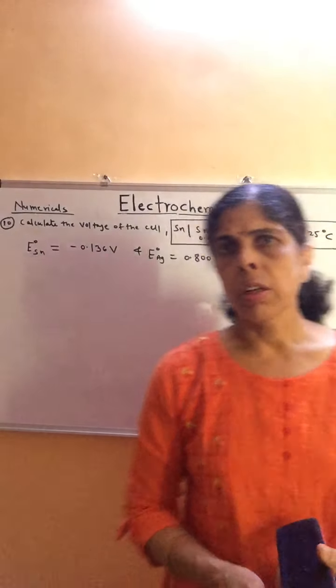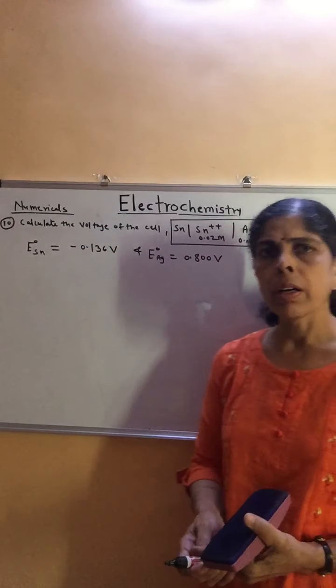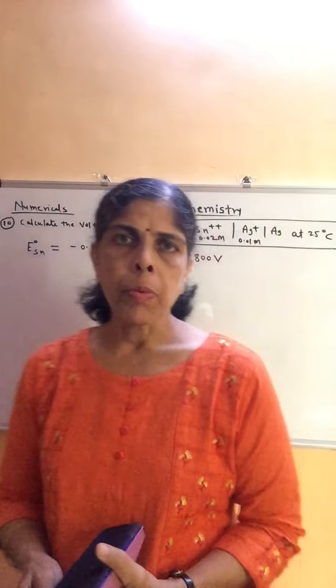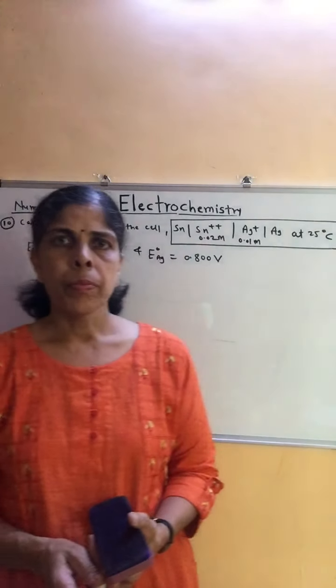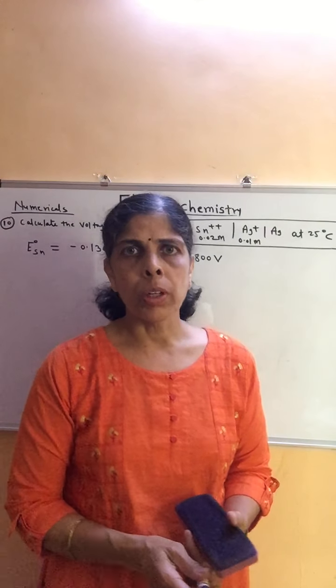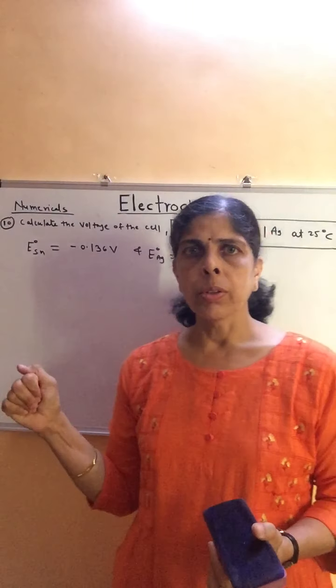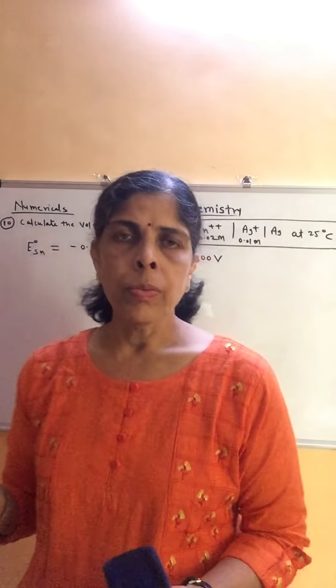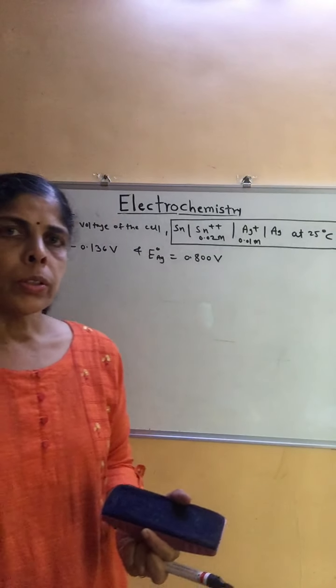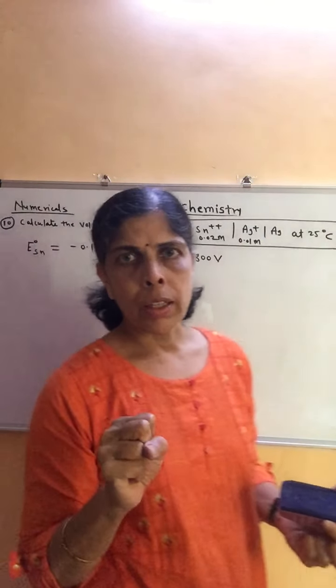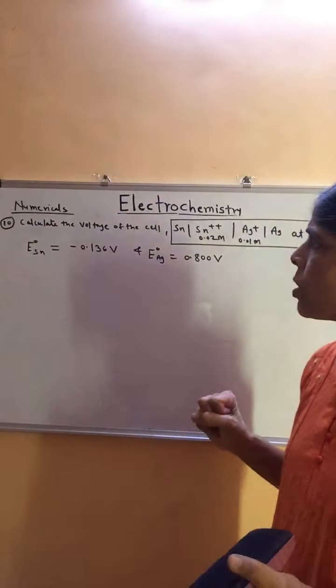Now we will solve some numericals based on whatever part we have covered, that is, cell potential using the Nernst equation, so that the theoretical part will be more clear to you. Always remember, when you solve problems on your own, the theory becomes more clear to you, because you get the actual values. So first of all, we will solve one problem, that is the 10th problem from this chapter.